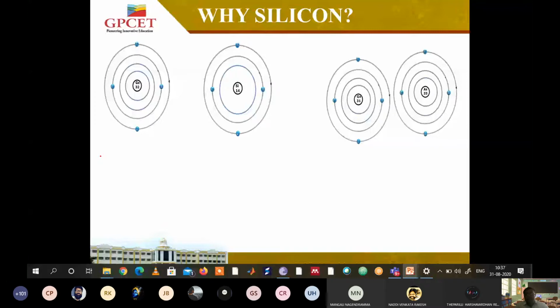You have seen the energy band structure by combining the energies of all the electrons present in the respective orbits. On the x-axis you take energy, and on the y-axis you take the edge of the nucleus as the starting point. After the edge of the nucleus, going upwards, you have the first energy band, second, third, fourth, and the last one is the valence energy band.